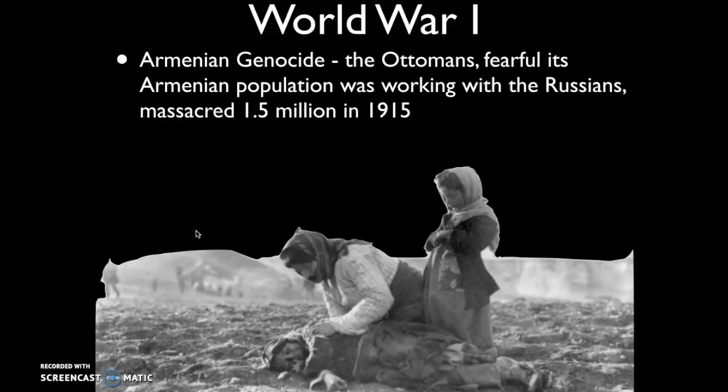So remember, the Ottoman Empire was on the Central Power side. The Russians were on the side of the Allies. And so they were fearful that this Armenian population may have more in common, since they were both predominantly Eastern Orthodox Christian, with the Russians, that they were working with the Russians to undermine the Ottomans. And so the Ottomans called for the mass extermination of 1.5 million Armenians in 1915, one of the great genocides in world history,